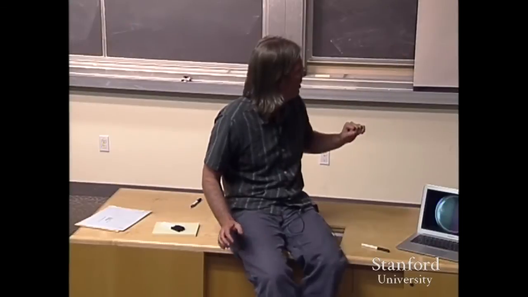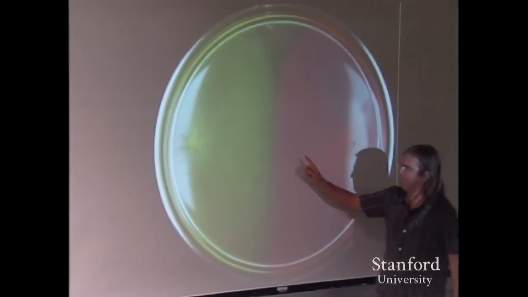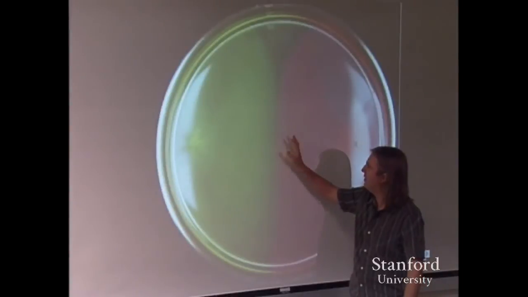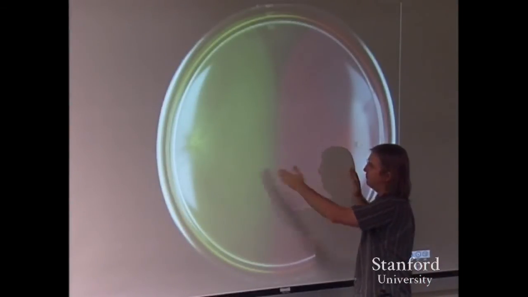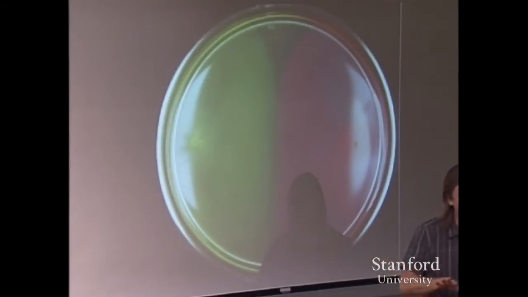So what's shown here is the result of such an experiment where she's on a 10 centimeter diameter petri dish, plated cells that are initially red here and initially green here. And over a period of time, I think it's about 24 hours, they replicate but also swim into the fresh media, such that at the end of the growth experiment, the green cells have grown from west to east and vice versa with the red, and they meet in the middle, and they've, at this point, have depleted the plate